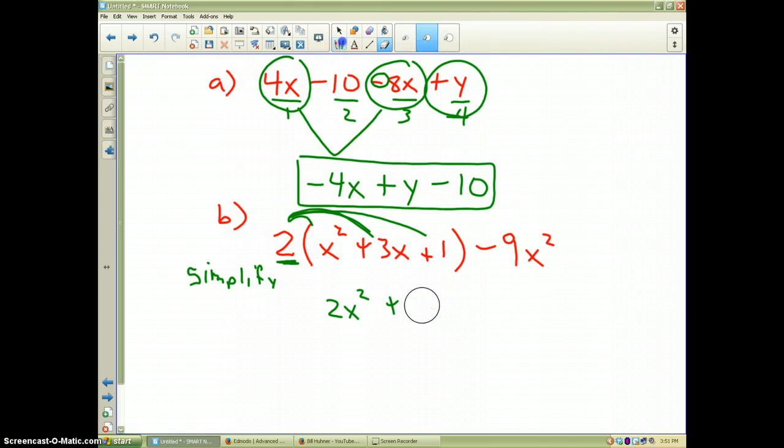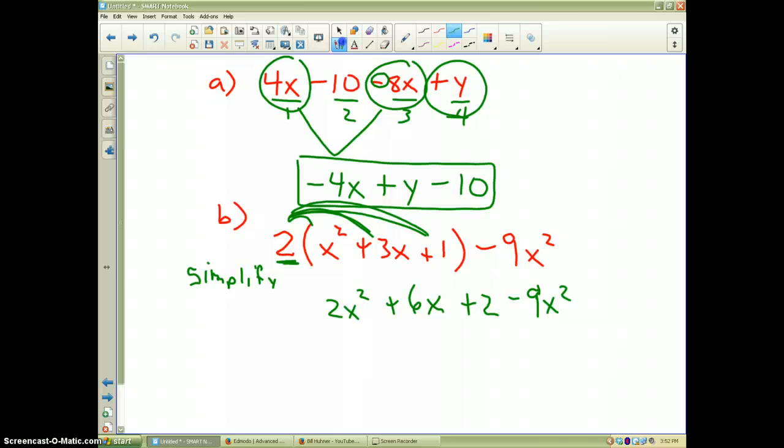Oops, sorry, we are having a little difficulty writing here. Plus 6x. And then 2 times 1 makes plus 2. And you've now eliminated the parentheses. And then we're going to tag on the 9x squared at the very end. Which terms are the same? The ones that have the same letters and the same powers. Now if you notice, this is 2x squared, this is negative 9x squared, so to combine them, that would make